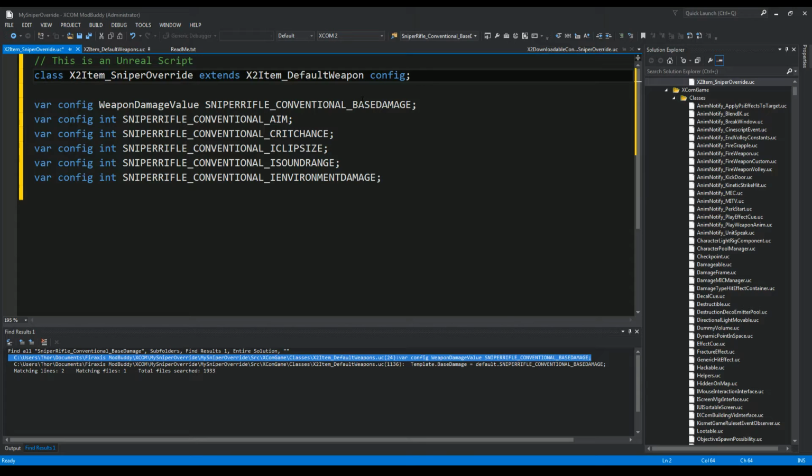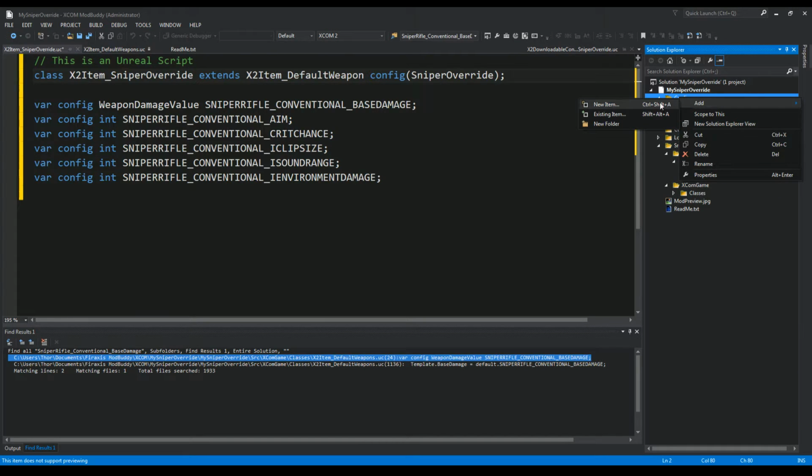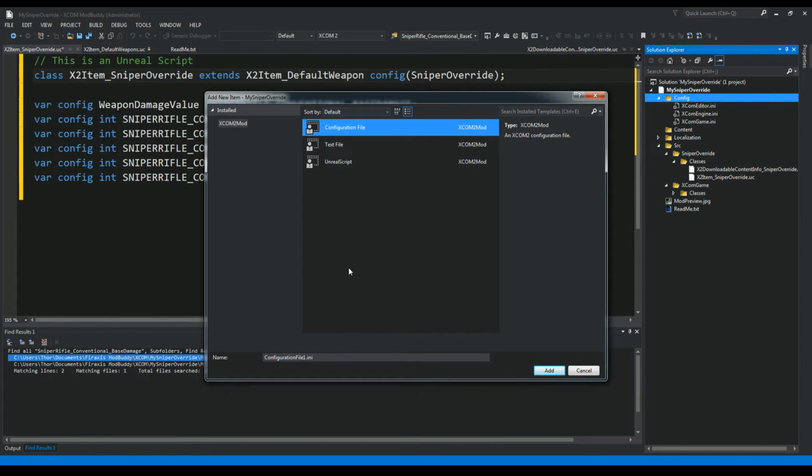You do have to make a configuration. So you do config, and this is in parentheses, and I'm going to just call it sniper override again. So let's make that configuration. We've got our configs that are going to reach out to our config here, and then we're going to put that in the config folder, and we do add new item, configuration file, and I'm going to call it XCOM